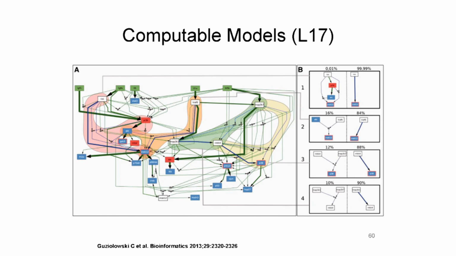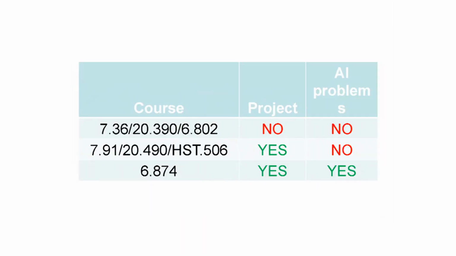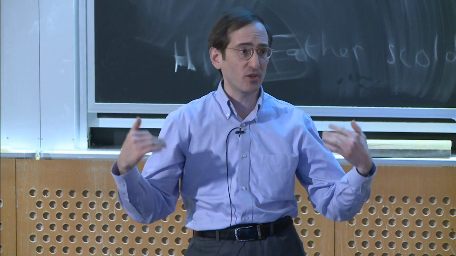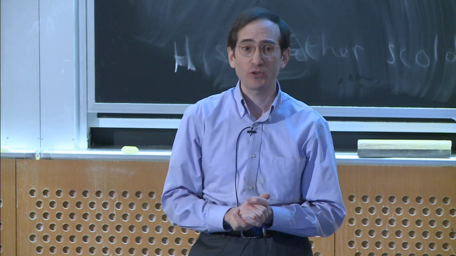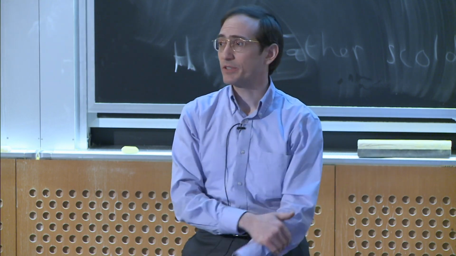Just to go back to the mechanics, make sure you're signed up for the right course. The undergraduate versions of the course do not have a project, and they certainly do not have the artificial intelligence problems. Then there are the graduate versions that have the project but do not have the AI, and finally the 6874, which has both. So please be sure you're in the right class so you get credit for the right assignments. And finally, if you've got any questions about the course mechanics, we have a few minutes, we can talk about it here in front of everybody, and then we'll all be available after class a little bit to answer questions. So please, any questions?